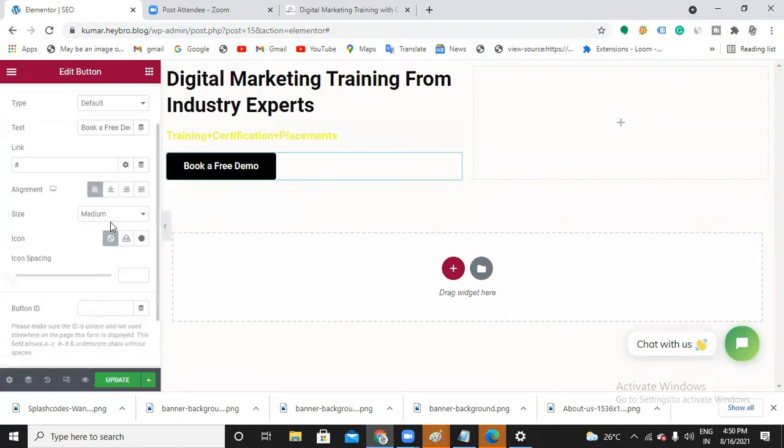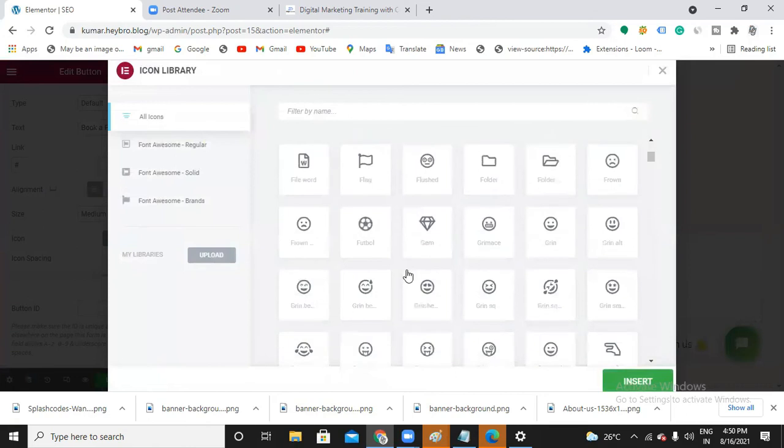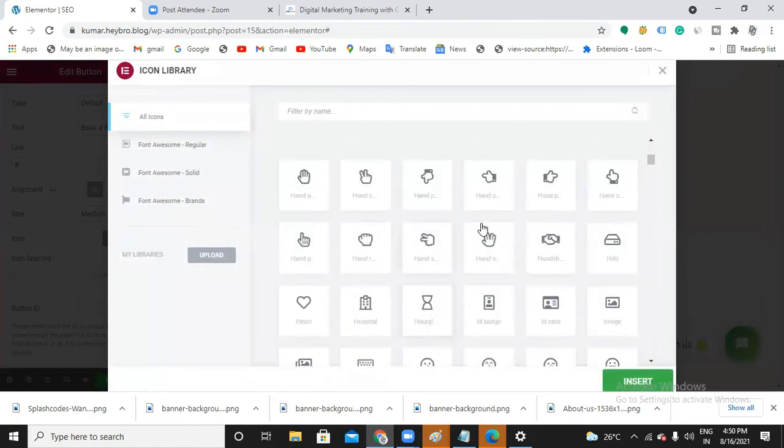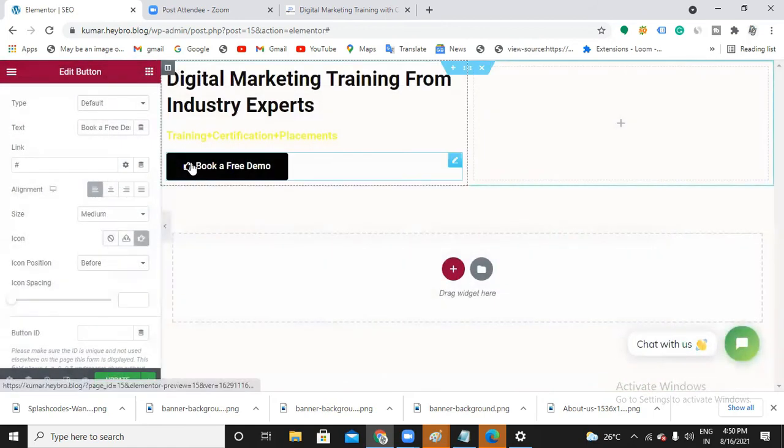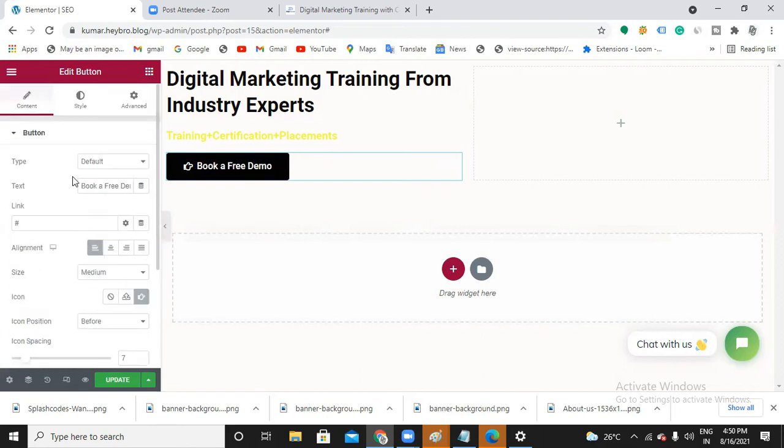See now the space between. You can also select an icon. There you have social media. I would choose this one. Can you see the icon? I can choose the space between icon and text. Like, seven is perfect, ma'am.